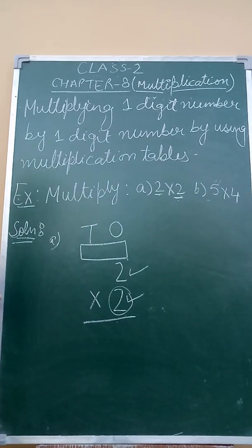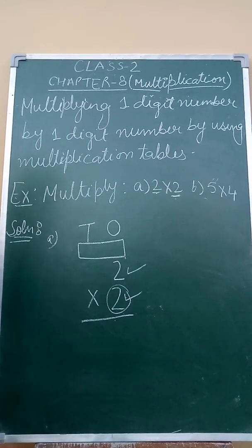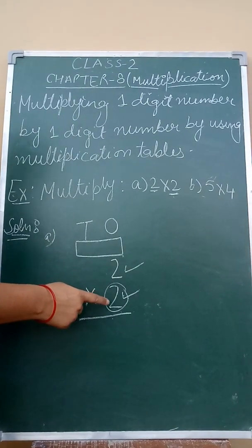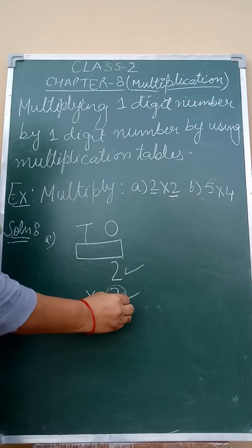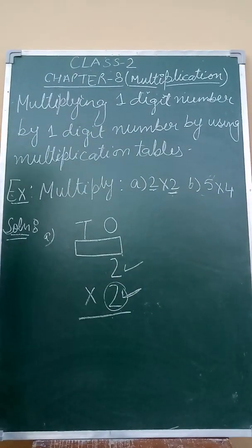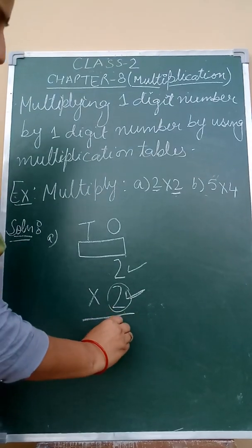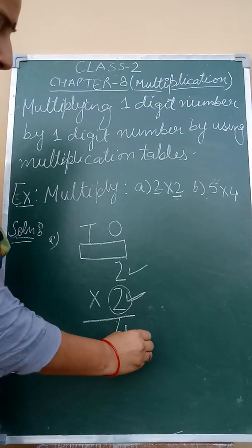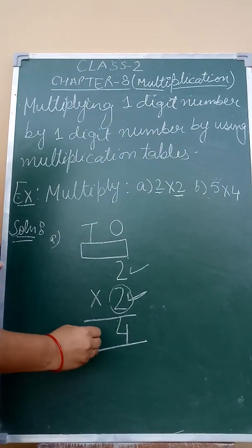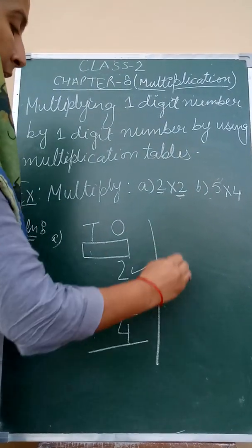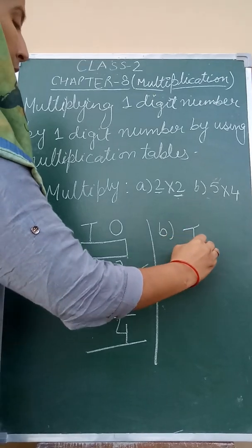Speaking the table of the multiplier, whatever the multiplier is here. By chance, both the numbers are same, multiplicand and multiplier both are same, but whatever the numbers, you have to start with the second digit, which is the multiplier given here. So 2 times 2 equals 4. This is a single digit number. The answer is also a single digit number. So this tens place is blank here. No problem, student.